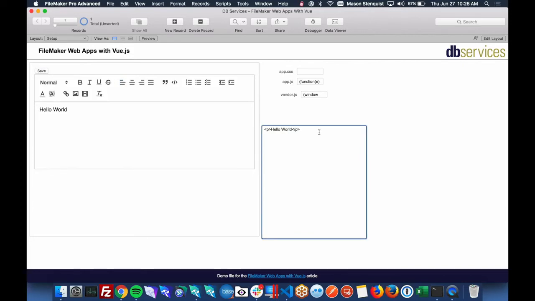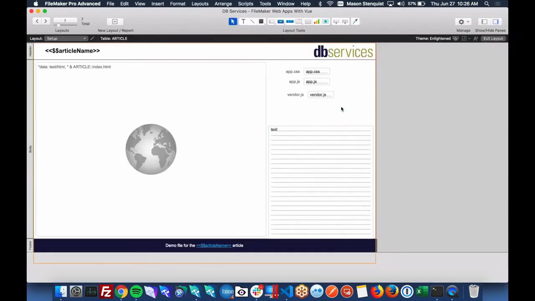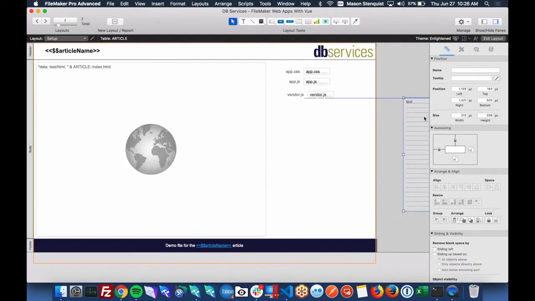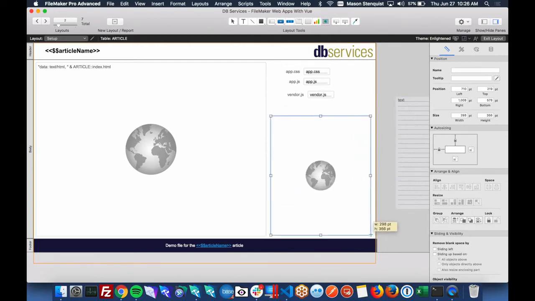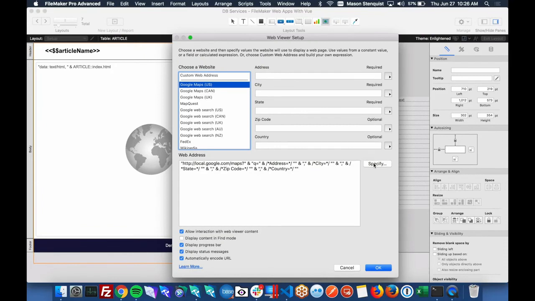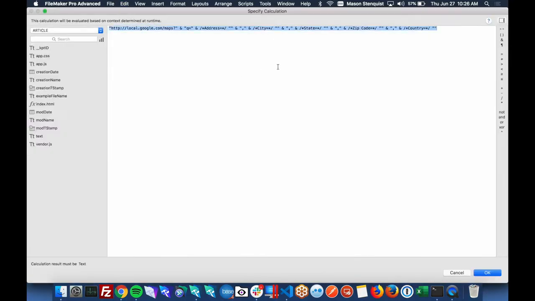There we go. So we could also make this a second web viewer to actually display just the raw HTML content. So it would be something like data:text/HTML, comma, and text.